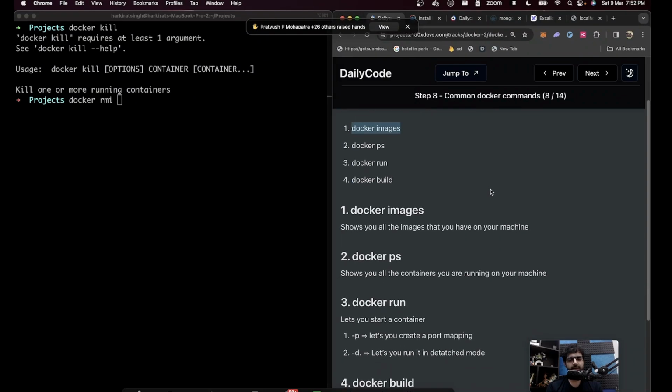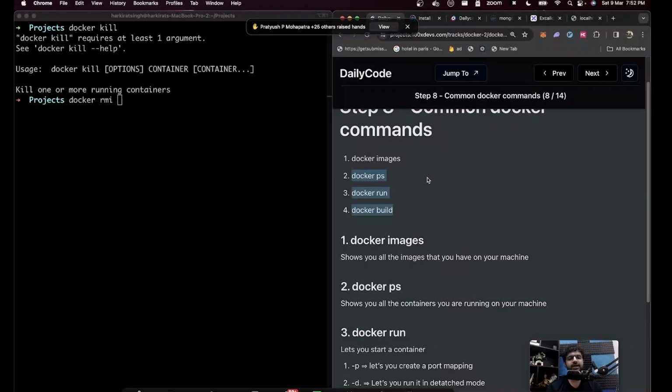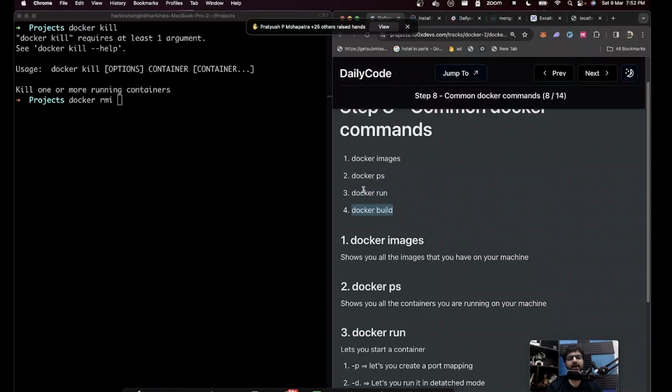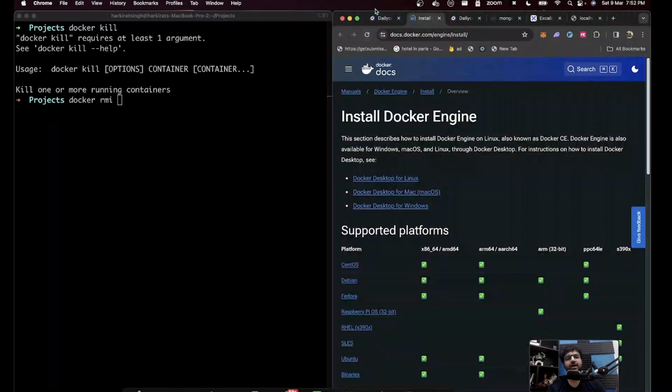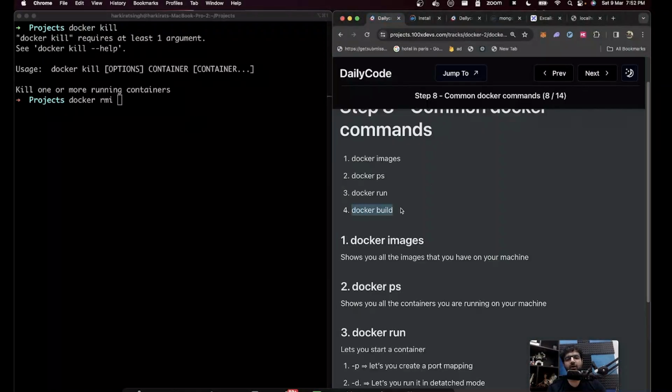Let's proceed. In that case, the two other commands you need to know are docker run and docker build. Docker run, I'm sure we know many times now, so I'm not going to reiterate. It's just how you start a container. Docker build is an important one we will eventually get to. This is when you start to create your own containers. Right now, we are just using someone else's container locally on our machine. Eventually, you will create containers of your own, which is when docker build will come into the picture. For now, we can ignore.